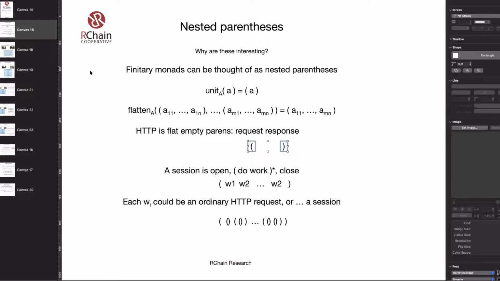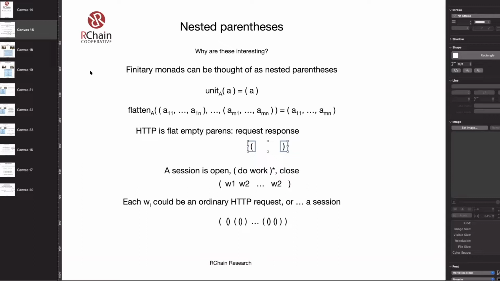So the unit for some monad at type A is just to put your A element between two parens, and flatten is to roll up all the parens.